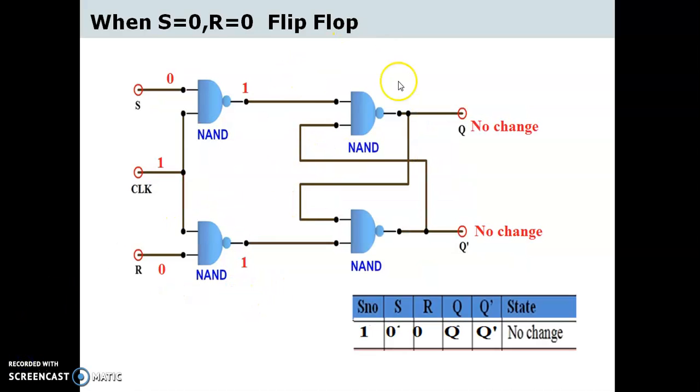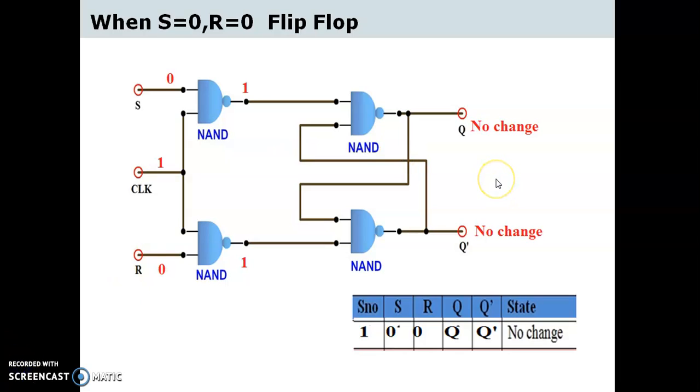Now in this diagram, if you observe this structure, this is a simple SR latch. So for the 1 1 input, we know that the output is no change. In the Q, the output is no change. Again in the Q bar, no change. This no change condition we directly obtained by referring to the truth table of the SR latch, which is already covered in the previous video. Now what do you mean by no change condition?